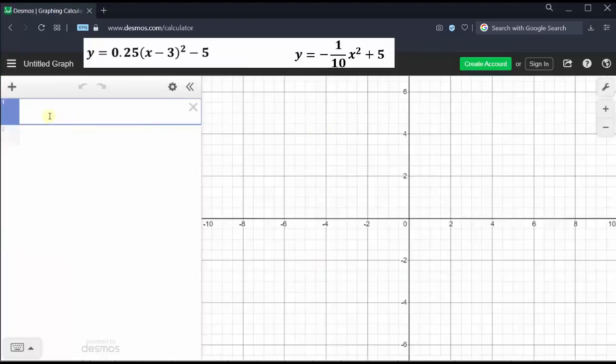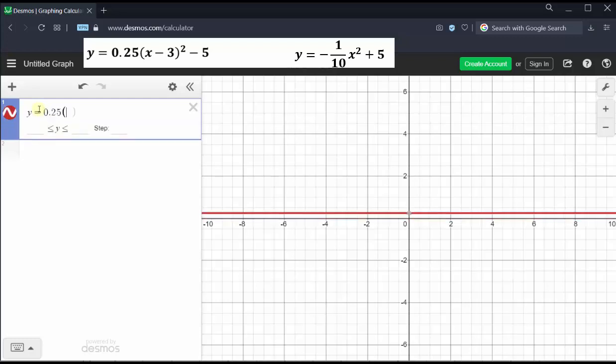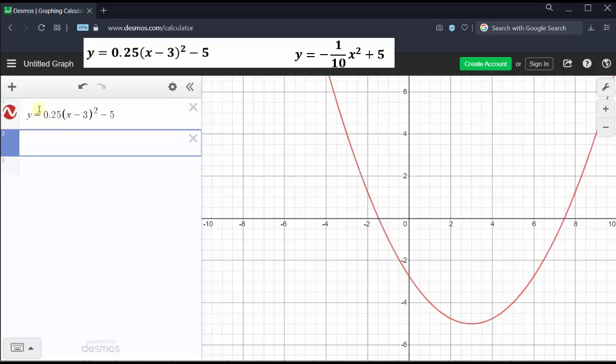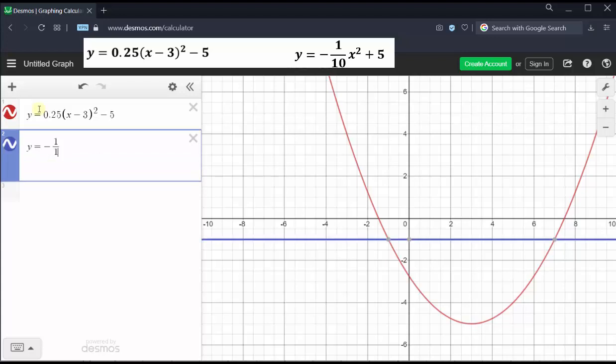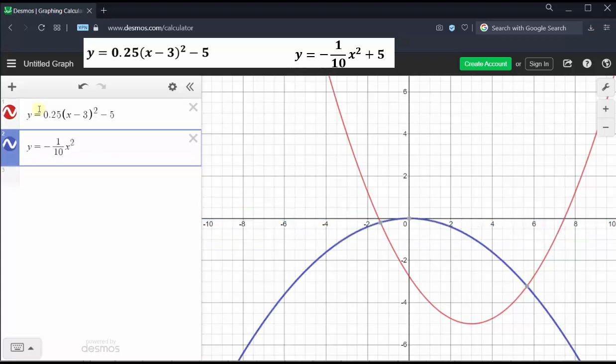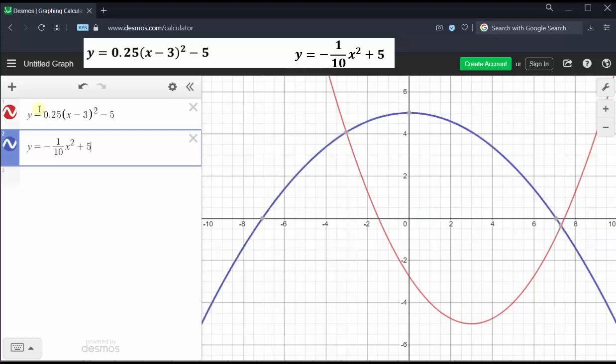By default, the cursor is in cell 1. We begin by entering the first equation, which is y equals 0.25 times the quantity x minus 3 squared minus 5. Enter. And now we enter the second equation in cell 2, which is y equals negative 1/10 x squared plus 5. Notice both graphs automatically appear on the right, and we already have a pretty good window